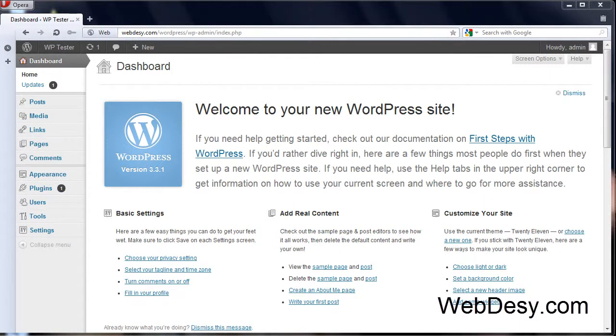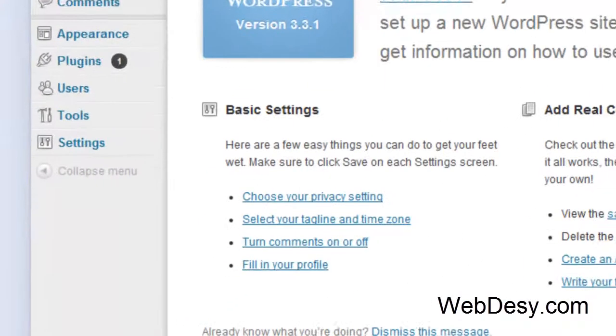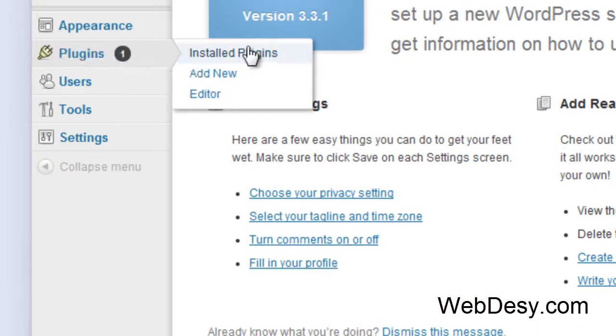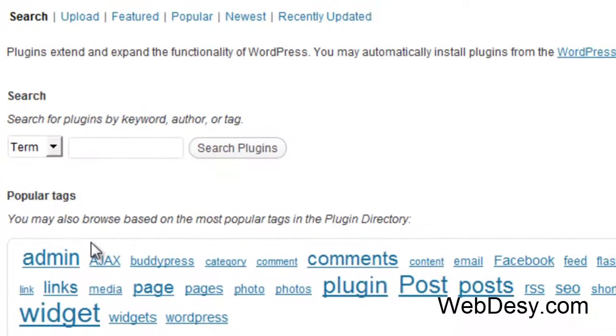Hi there. In this video, I'm gonna show you how to install the Google XML Sitemaps plugin for WordPress. Alright, let's go to the plugins option and click on Add New in order to locate and consequently add our